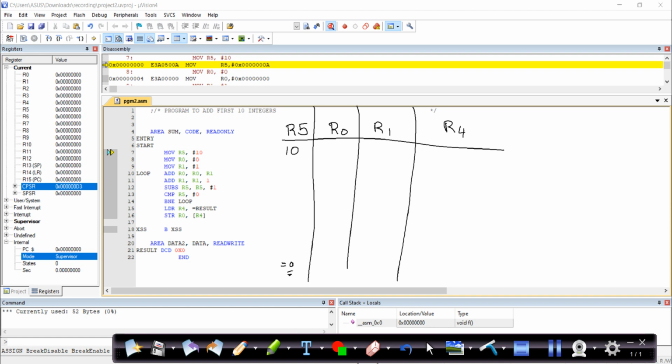This is where your addition is being done. So it is used as your counter. Next, MOV R0, #0 means R0 is getting the value 0. Next, MOV R1, #1 means I am giving R1 the value 1.